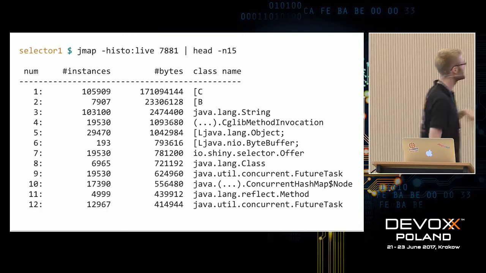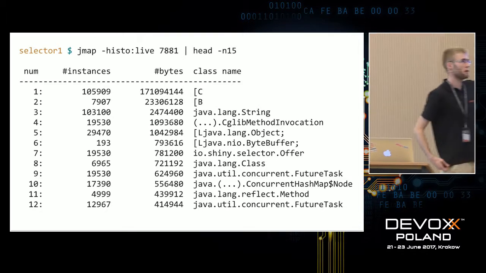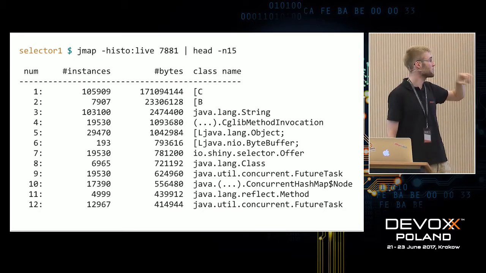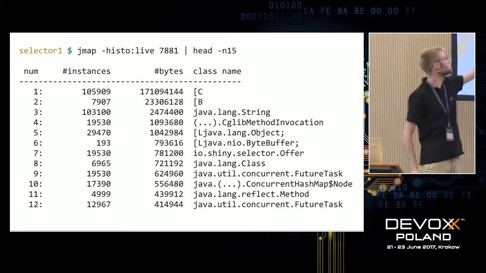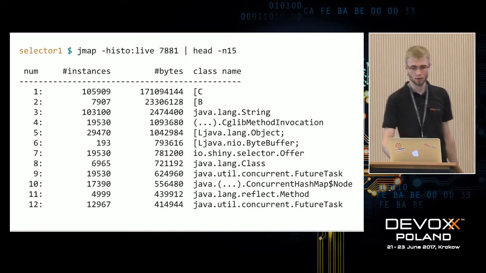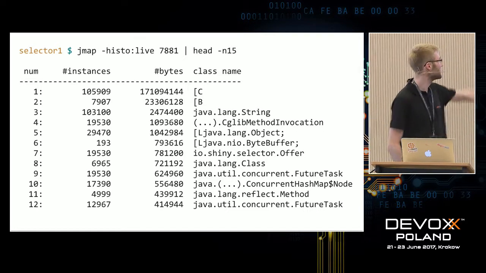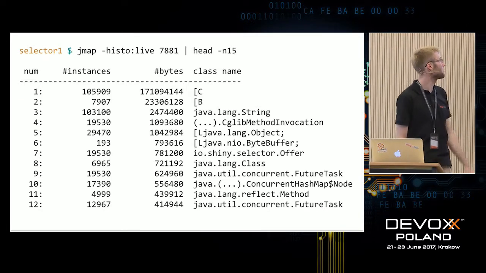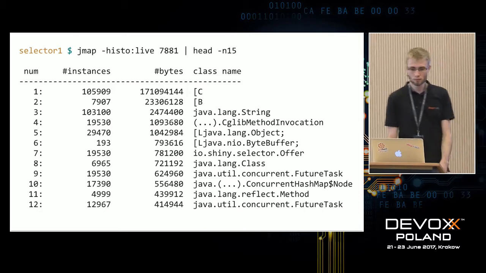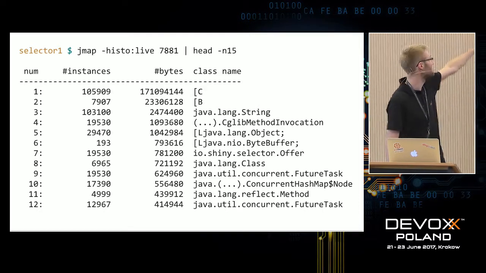We see that this application had 256 megabytes of heap assigned. And 171 megabytes, so almost all the space, is taken by char arrays. Probably these are strings, because we also have a lot of strings.